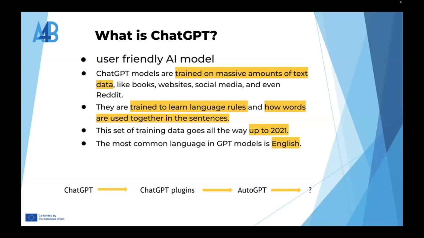And these models, these language models, are trained on massive amounts of text data generated by humans. So like books, websites, social media, and even Reddit. So there is a lot of data. They are trained to learn language rules and how words are used together in sentences.